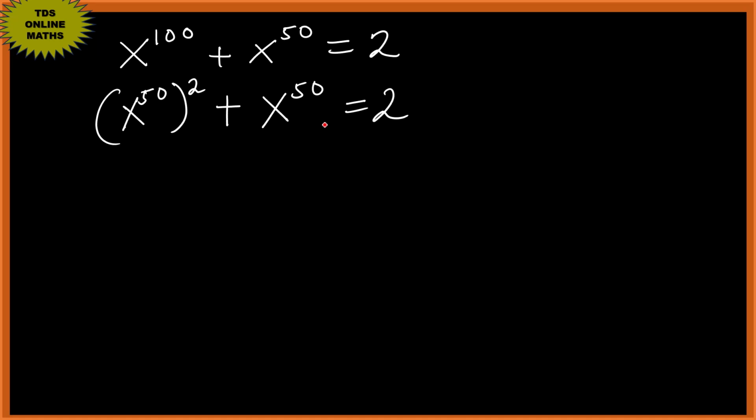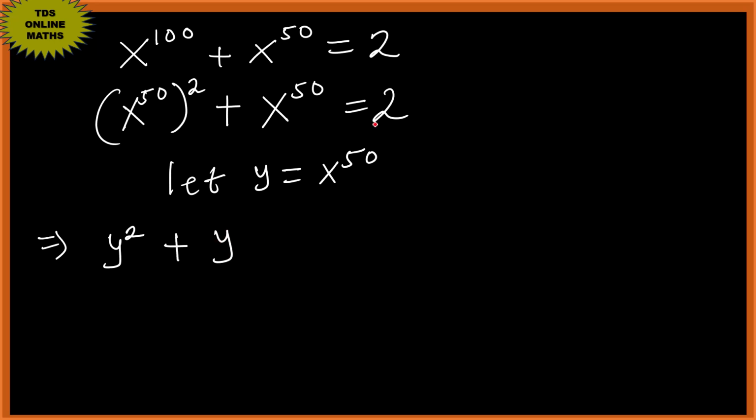Okay, now let's take the x to the power 50 out, since it is making the question complicated and intricate. Let's take it out by representing it by a variable. So let y be x to the power 50. Okay, all right, so I'll go back, then substitute y where x to the power 50 is. So I'll put y here. Remember the power here, 2